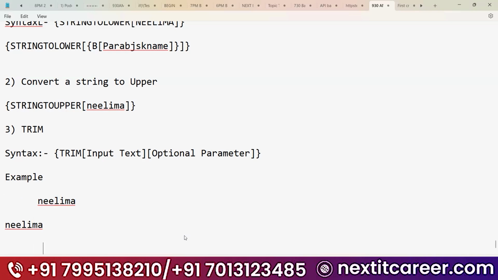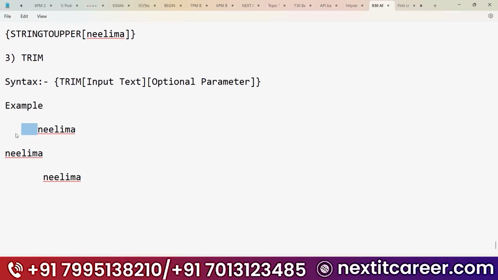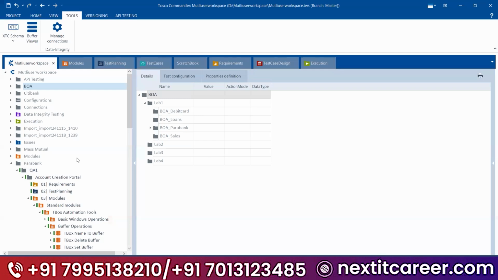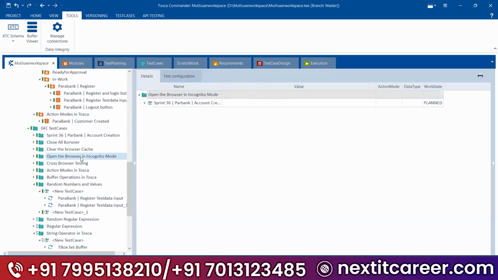After that, I have spaces before and after like this. See guys, before you have spaces, after you have spaces, before and after also you have some spaces. At that time, how to remove those? You can use the trim function in order to remove it. So come here.